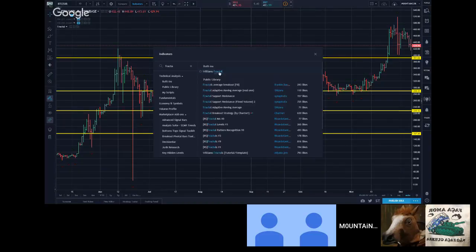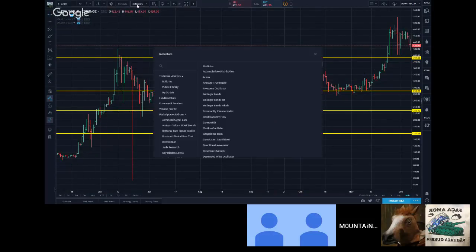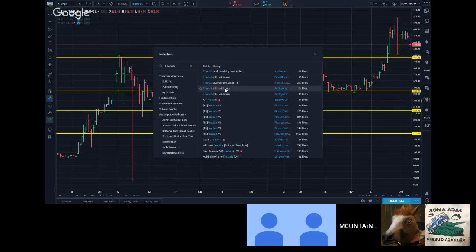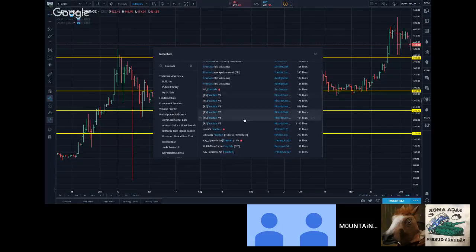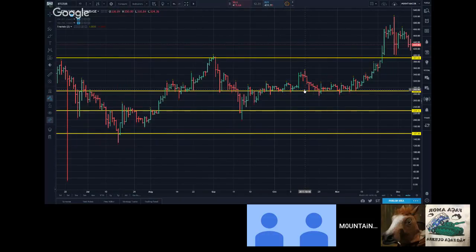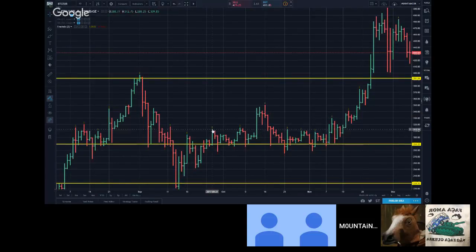If you do the basic one out of the box, it just gives you these little tiny carrots. I don't like that one as much in TradingView. If I type in fractals, this one, Williams Fractals Tutorial Template, I kind of like that one better. It's kind of hard to see sometimes, so I have to zoom in. But it gives you a little tiny pointer. What it's actually going to do is show you the points where